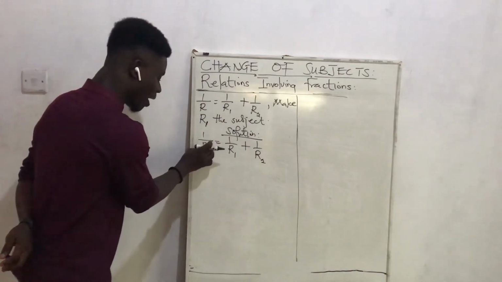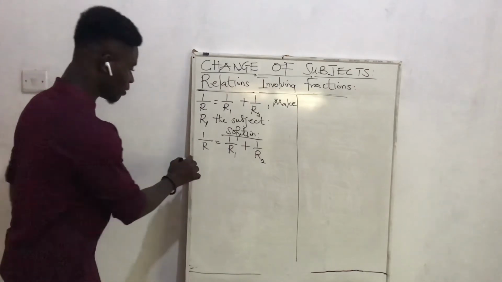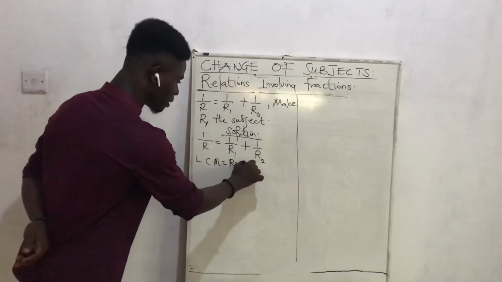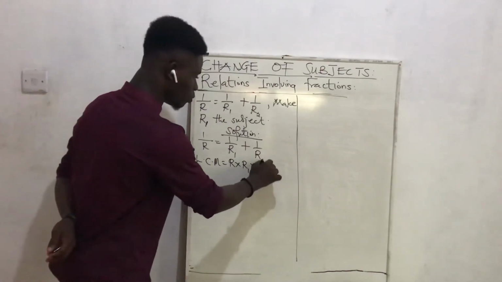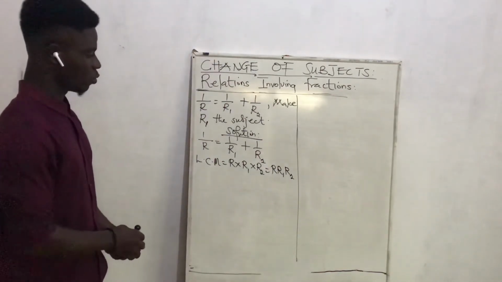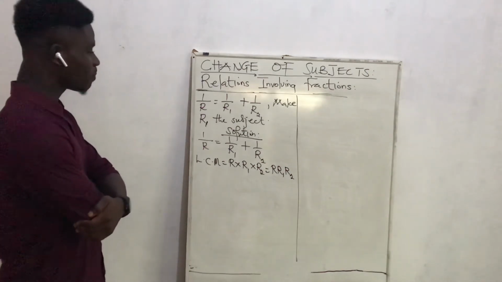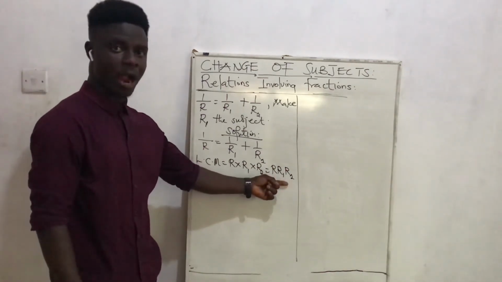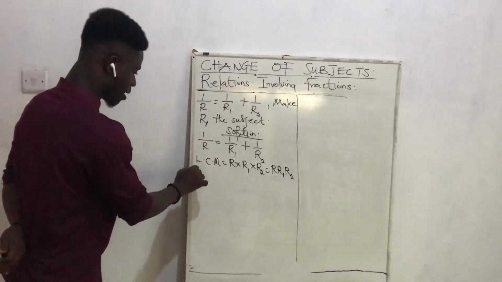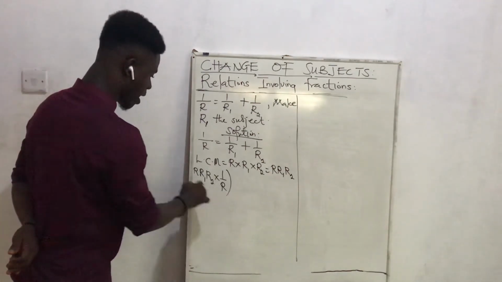R, we multiply R by R1, then by what? R2. Again, how do we find the LCM? LCM equals R times R1 times R2, which is equal to R R1 R2. So the LCM is R R1 R2. So we are multiplying this LCM, R R1 R2, by what? Each term. So I have R R1 R2 times 1 on R